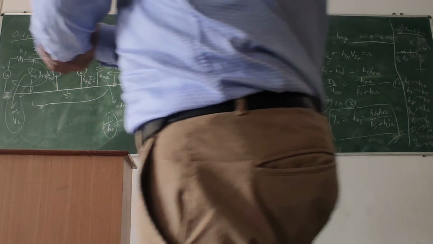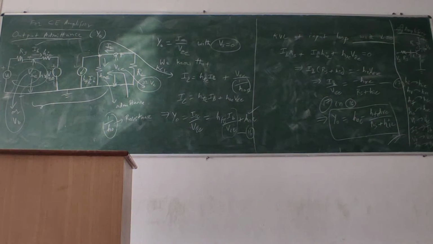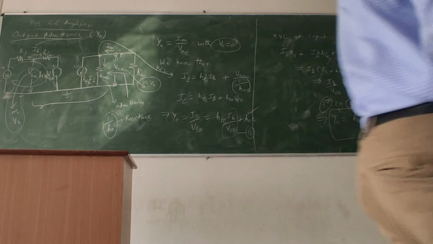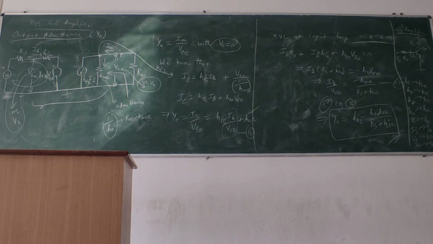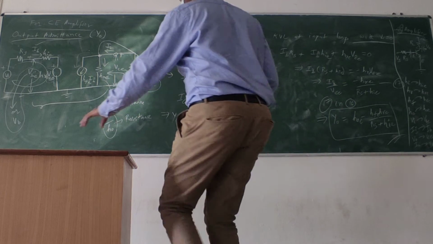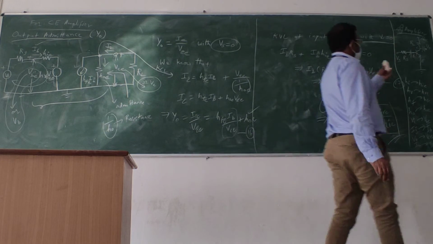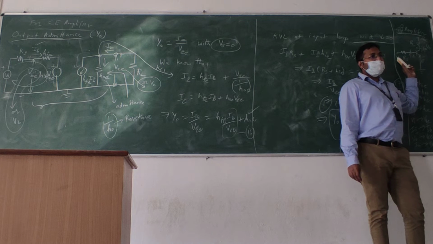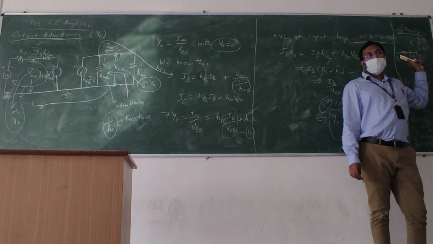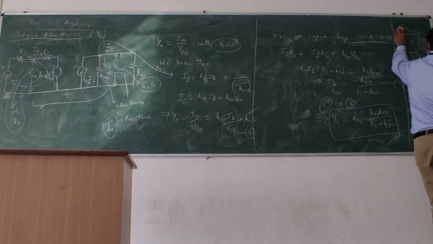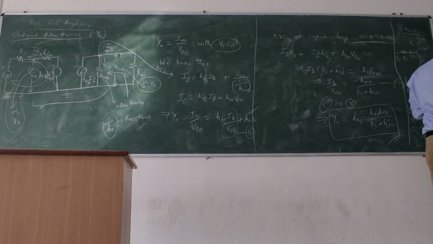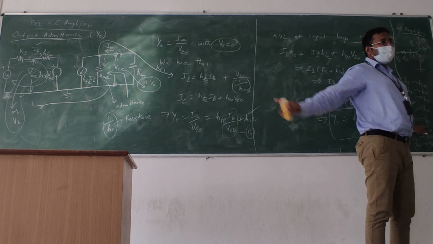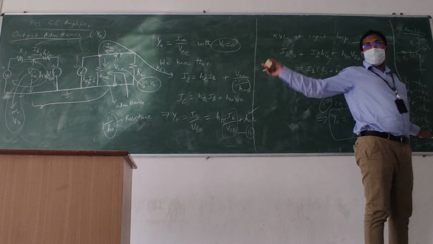Okay. Next we will go for the CC amplifier. For the CC amplifier, I will just review the main circuit and give it as homework. Okay? Simple. Very easy. Did anybody write this? Raise your hand. Okay. So next we will go for the CC amplifier. Only this I will give you. The rest, I hope you will understand how to change.